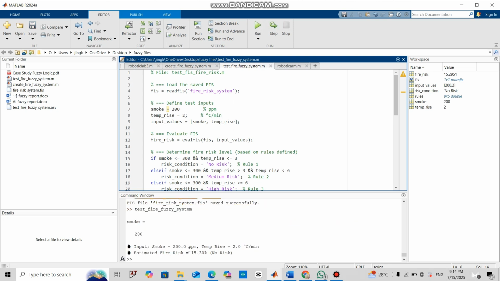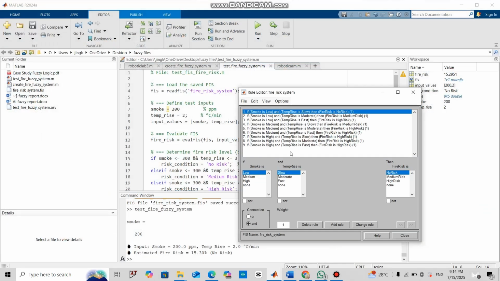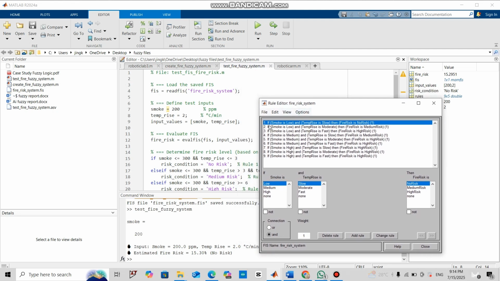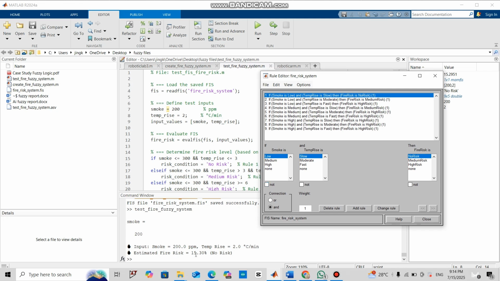The output says no risk. To confirm whether this is correct, I can refer back to my rule editor, and it is the same as the first rule: if my smoke is low, which is 200, and the temperature rise is low, which is 2, then my fire risk will show no risk,